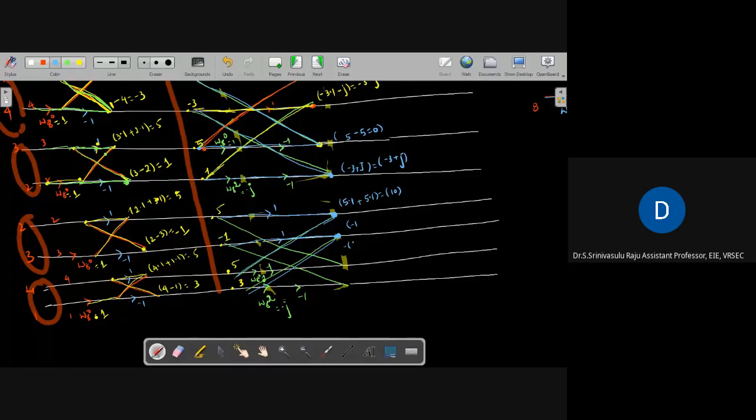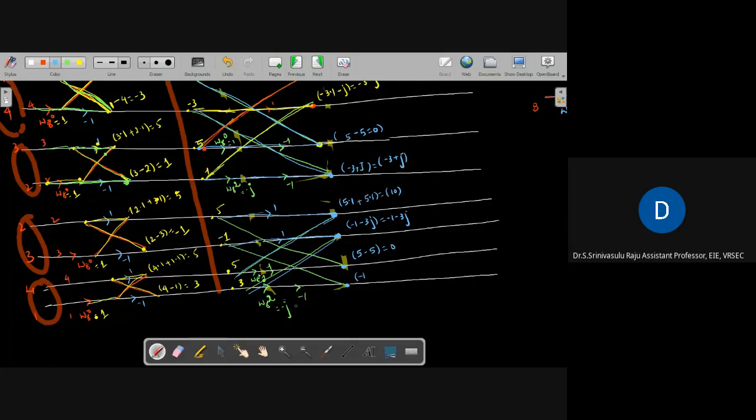So minus 3j, this value, minus 1 minus 3j. So we have minus 1 minus 3j. And similarly here, 5 comes and directly sits here. So 5 and 5 multiplied with twiddle factor W8 of 0 and multiplied with minus 1. So 5 minus 5, 0. And this value, you see minus 1 comes and directly sits here, minus 1.